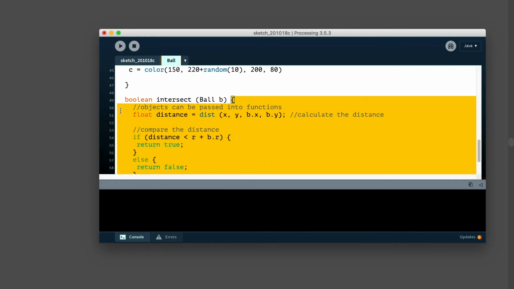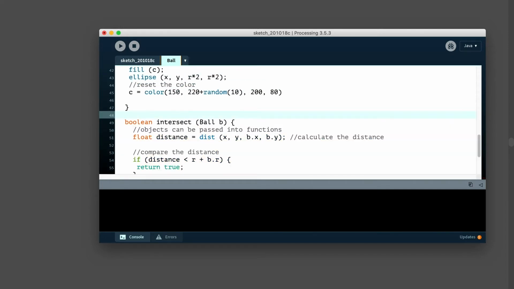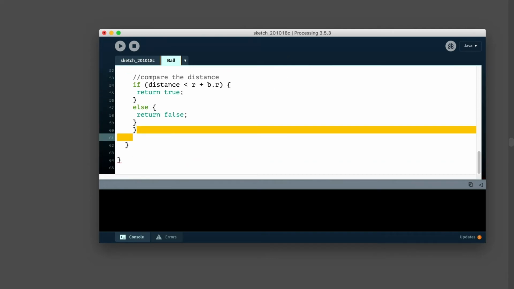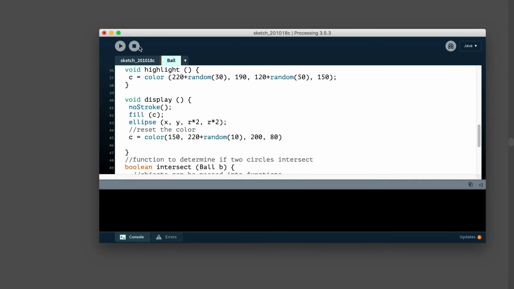Let's see, that closes this Boolean statement. So this is a function to determine if two circles intersect. And that, I think, will get us going.